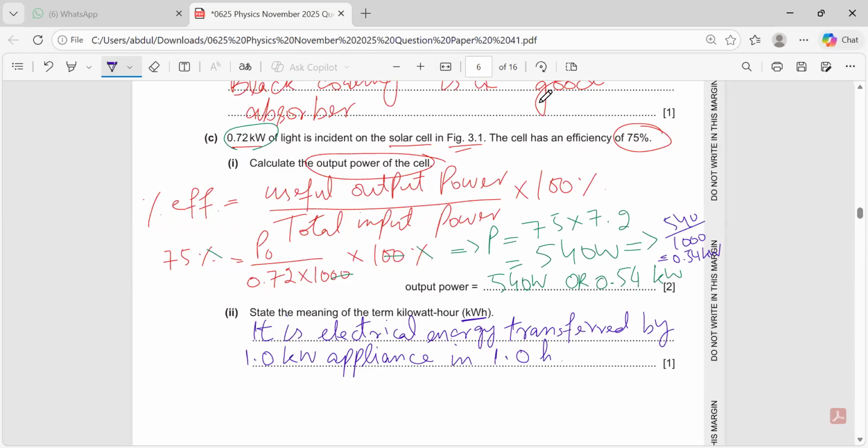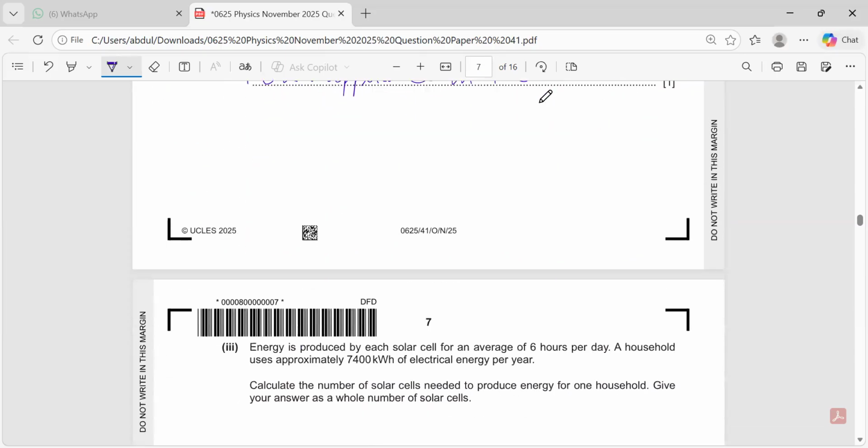Take an electric iron that is turned on for 1 hour, where the power of the electric iron is 1 kilowatt. Whatever energy it consumes will be 1 kilowatt hour. You can write it in your own words, but the meaning should be the same: electrical energy transferred by a 1 kilowatt appliance like an electric iron in 1 hour. Okay, now next is,